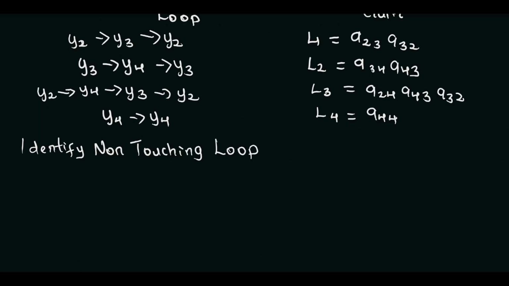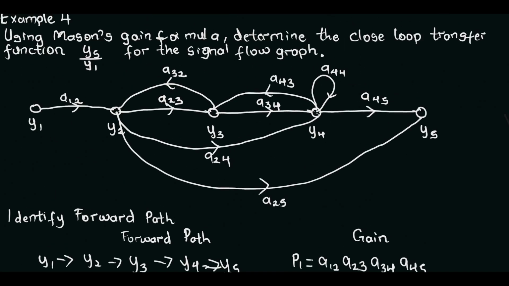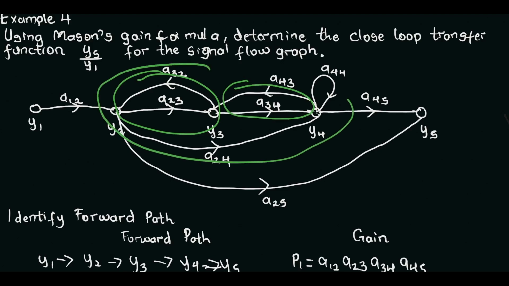So let's go back and analyze our signal flow graph. Look at our loops. Let me circle our loops. We have loop 1 here, that loop here, we have another loop here, and another loop here. They ask us to